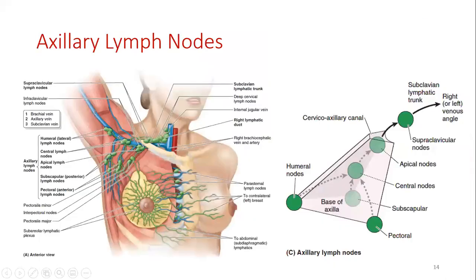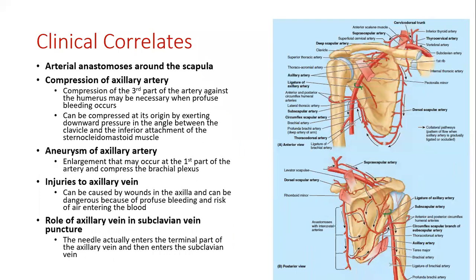All right, so clinical correlations for axilla and collateral circulation. Yesterday I got to talk about the collateral circulation around the scapula when it comes to blood supply, and how you're going to need to memorize the different branches that give blood circulation to the scapula. Collateral circulation is important for many different parts of the body. Specifically, in this picture you can see an imaginary ligature